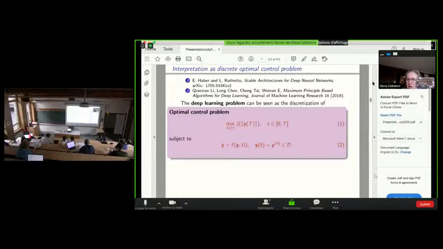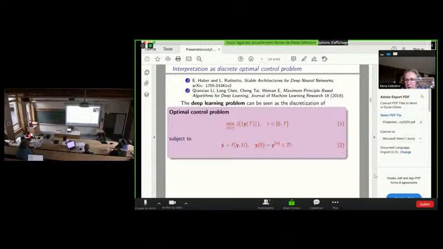Okay, so now we are ready to state the optimal control formulation of the problem. It was proposed more or less simultaneously in 2 papers, or at least by 2 groups, one led by Haber and Ruthotto in Canada, and one in the United States led by Weinan E. And both groups have worked a lot on this formulation later on.